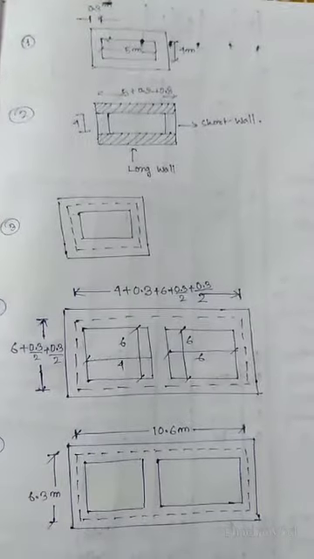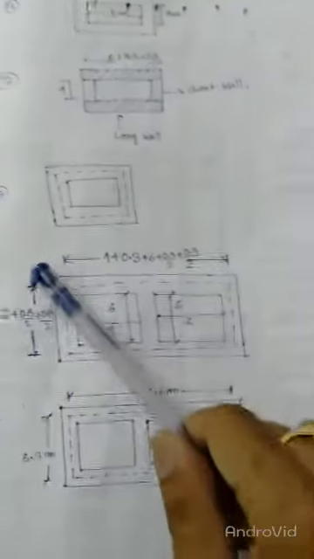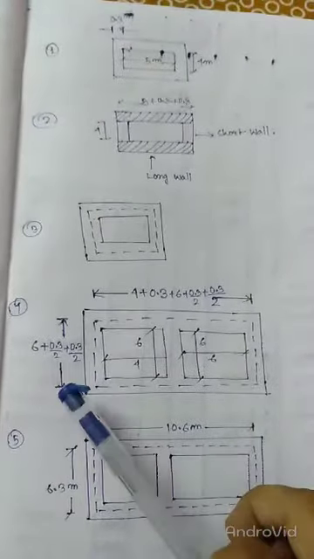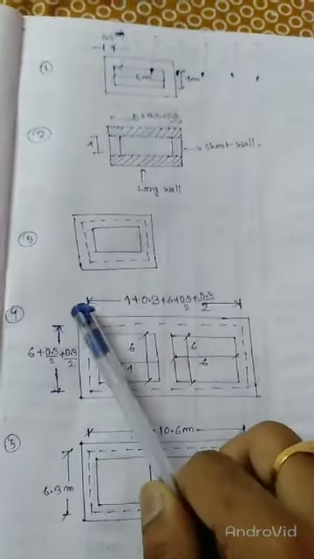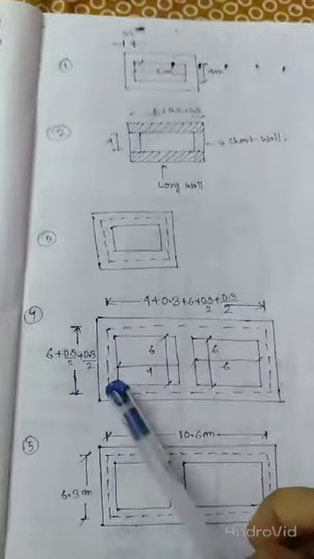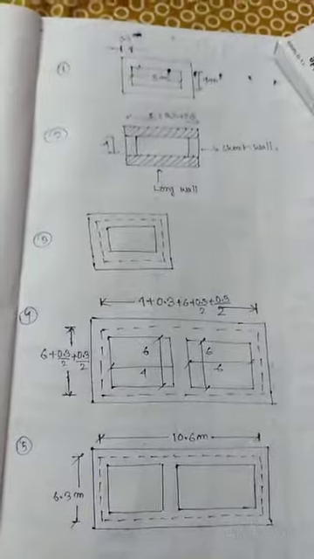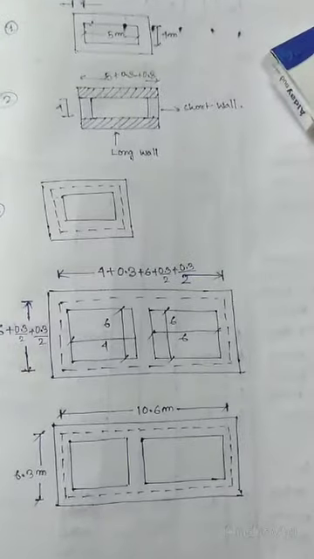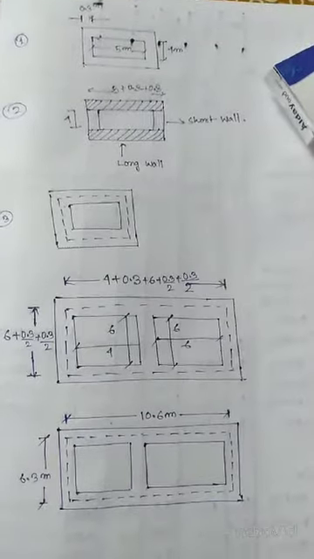Similarly, when I want to do it for the short wall, the in to in dimension is 6 meter, and half of both walls is 0.3/2 plus 0.3/2, because we are considering center to center distance, not end to end. So 6 plus half of this width and half of this width. So it will be 6 plus 0.3/2 plus 0.3/2, which will be equal to 6.3 meter. So we have got the center line distances for long wall and short wall both. So the plan will be like this.